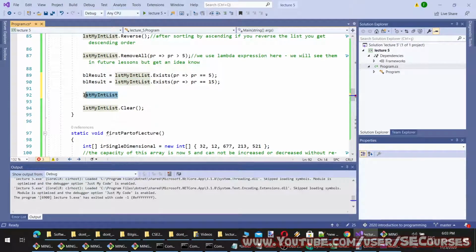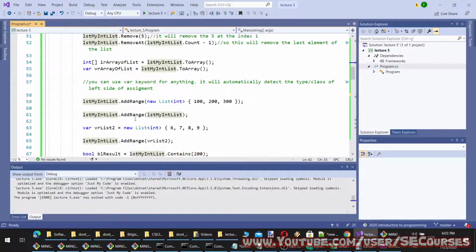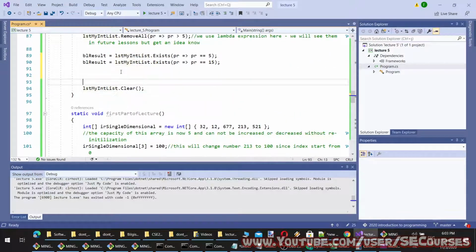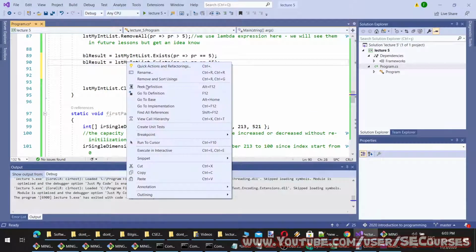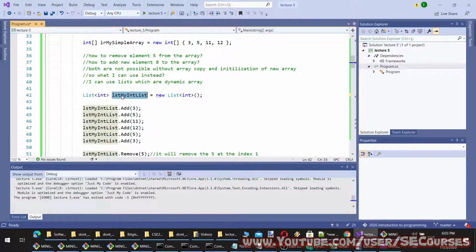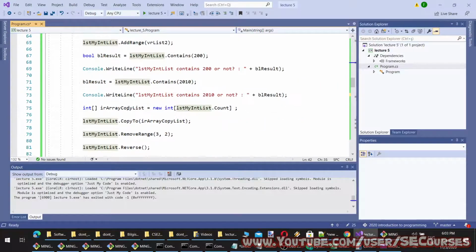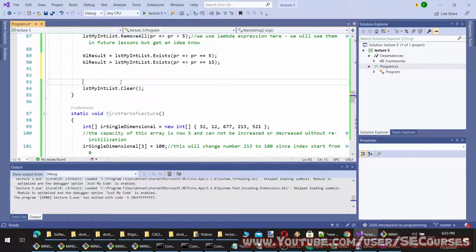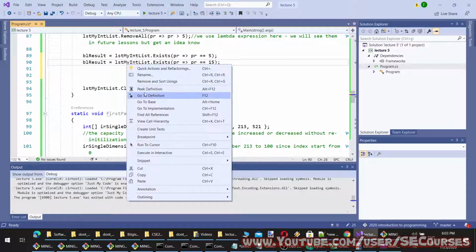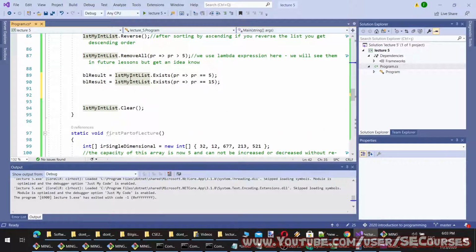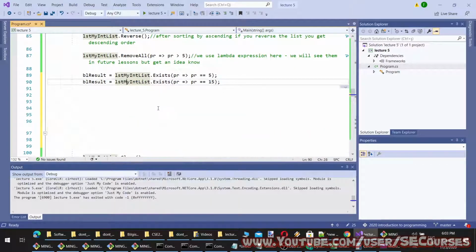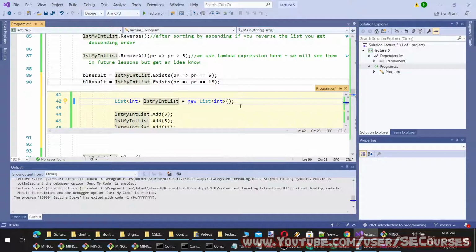Okay, by the way, I have just jumped to the definition of this. To do that, I clicked Control and left clicked that object. Alternatively, you can right click and go to definition. Both work the same way. So to see the definition of an object, you can right click and go to definition, or you can right click, peek definition, and it will show you the definition of that object here.